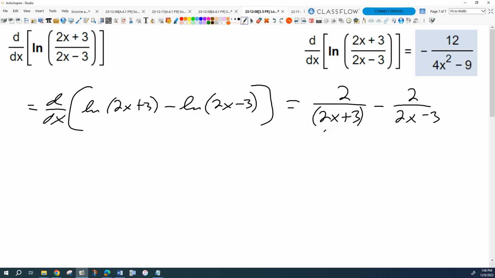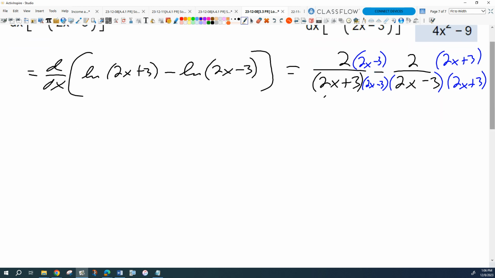Let's go through those steps. So I'm going to multiply here by 2x minus 3 over 2x minus 3. And here we'll multiply by 2x plus 3 over 2x plus 3. Okay, what happens? So if I multiply across then, I'm going to get this fraction. I'm going to get 4x minus 6